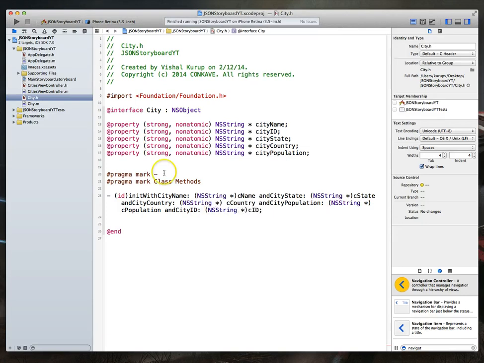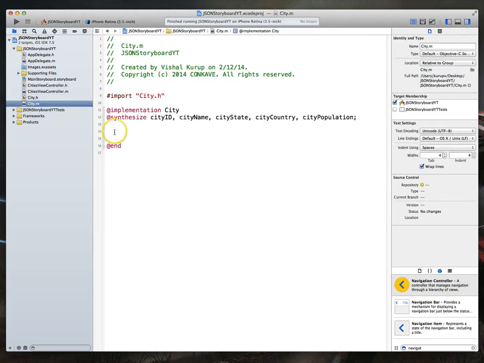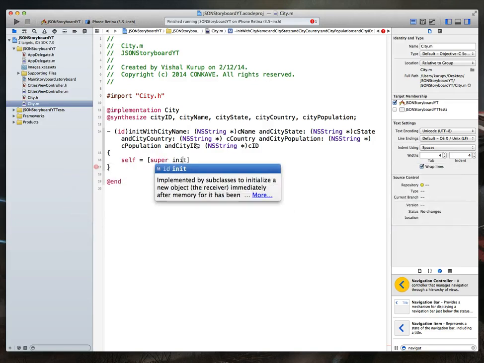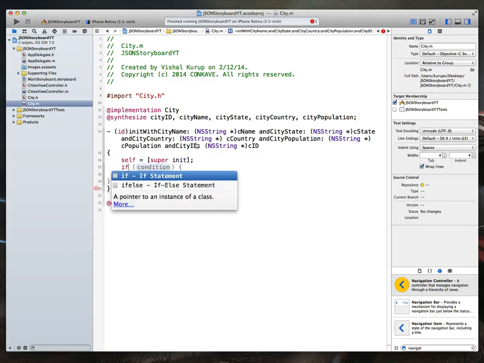Okay. Now, if you're wondering where I got this particular method name from, well, I just made it up. You can call the method whatever you like, as long as you implement within it some of the code you're going to see here in a second. So I just chose to call it this name, so I'm just going to go ahead and copy this, jump over to my implementation file, and here's what we do to actually do the initialization. All right, so we're going to say self is assigned the value of super init. We're then going to say if self,